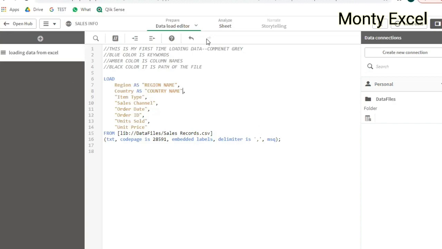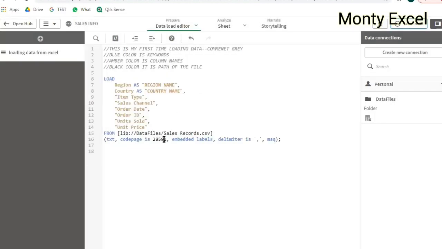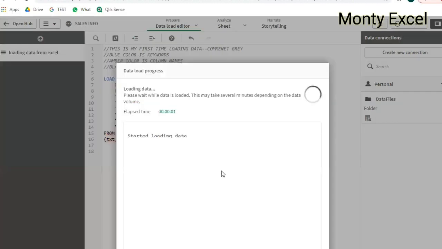Now, when I try to load this data, what happens? Let's see. I'm just trying to load this data now. If everything is fine, you'll not see any errors here. But if you have any issues with your script, it will throw an error. Let me do some mistakes so that I can stop here and see. I have some issue here with a comma. Let me load the data. I should be getting a nice message saying that there is an issue with your data. I cannot load further. Please stop it and go for your,